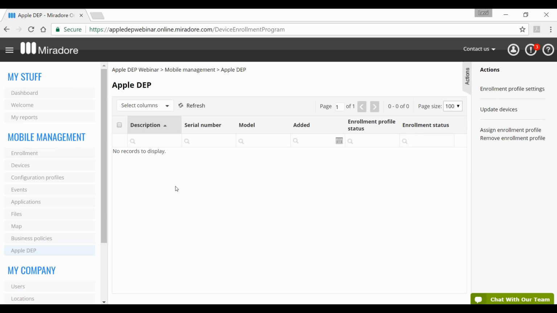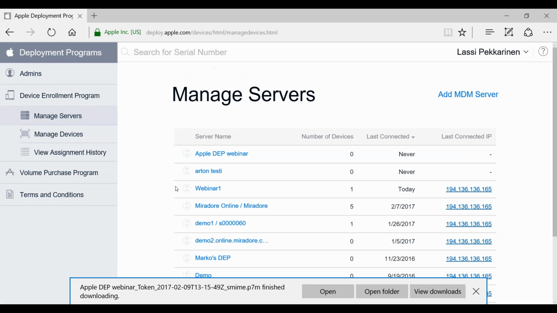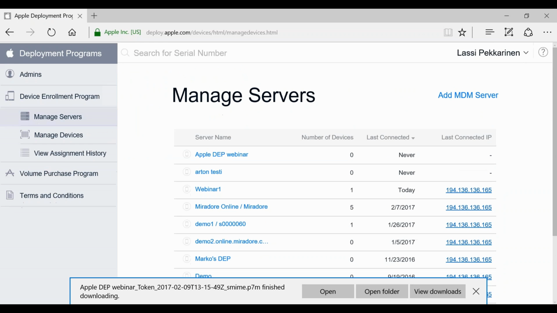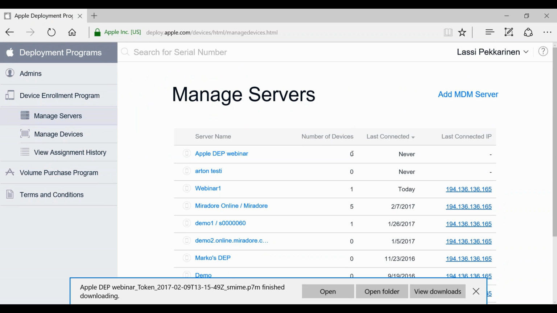I just added the MDM server to the DEP portal here, but as it shows, the number of devices is 0.